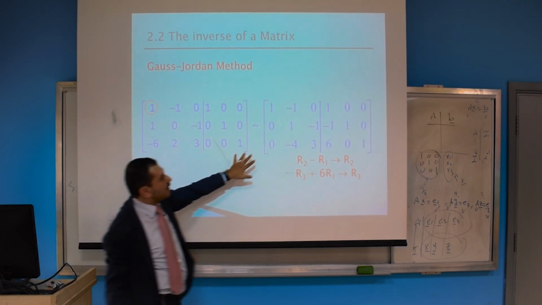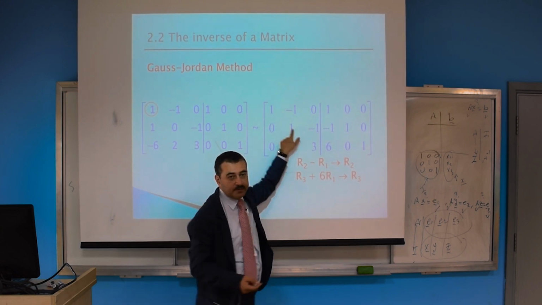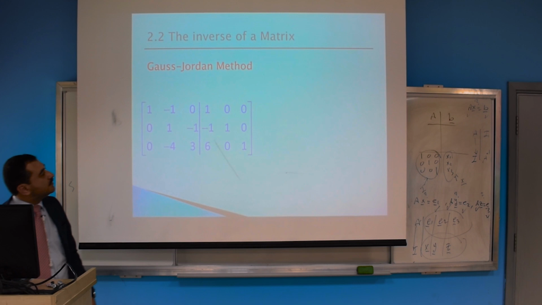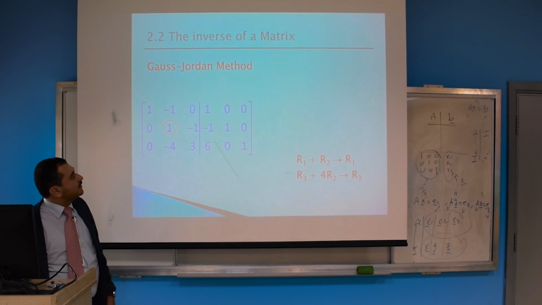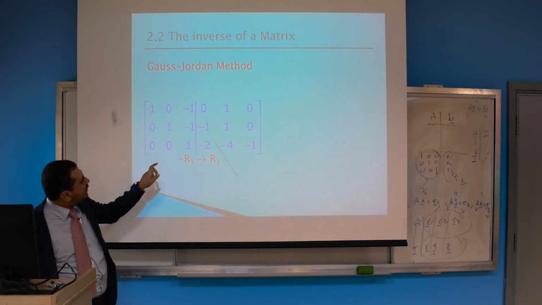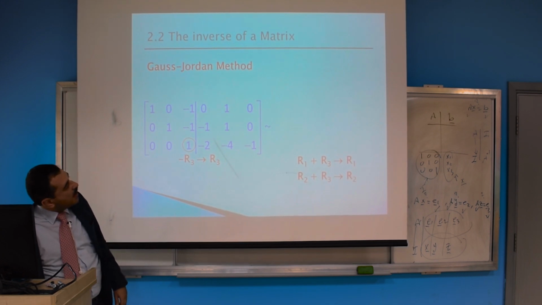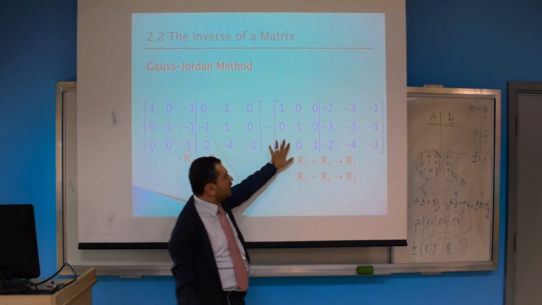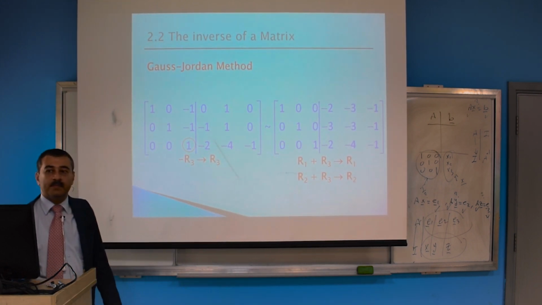So we'll get something like this, and then move to the second row. You can take this guy as a pivot, and do the elimination to eliminate these guys. So it's a little bit long, but it's much faster than the adjugate method. Okay, and finally we'll take this guy as our pivot, do the elimination here. So reach it here I, so this guy must be the inverse of A.